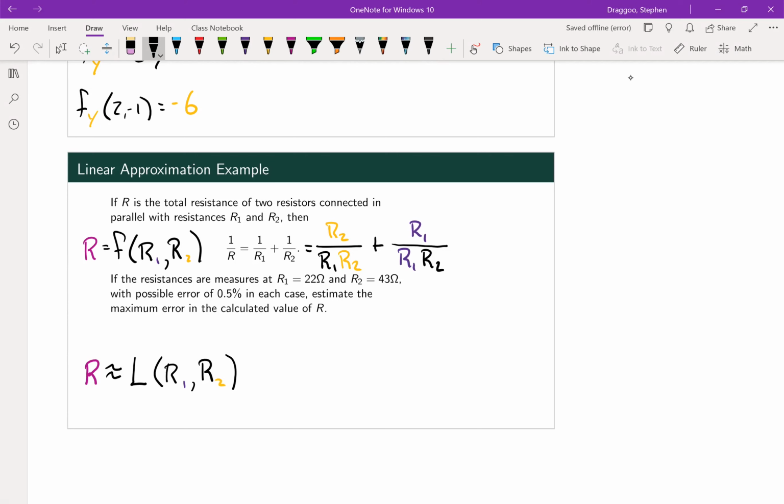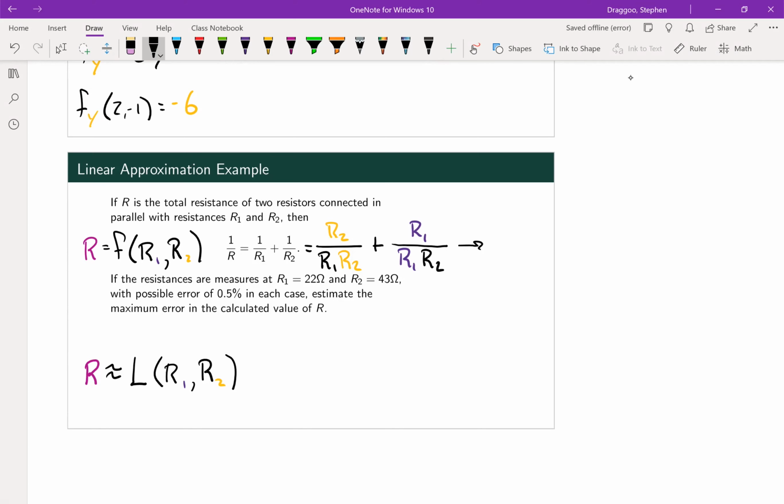So notice all I'm doing there is just getting myself a common denominator. The common denominator is going to need to be R1 times R2. So I'm multiplying R2 over R2 into the first term and R1 over R1 into the second term, meaning